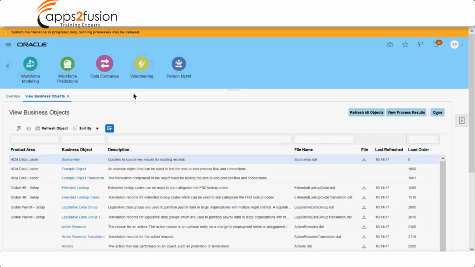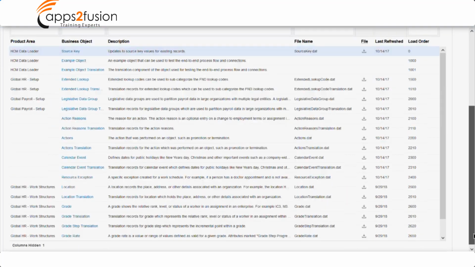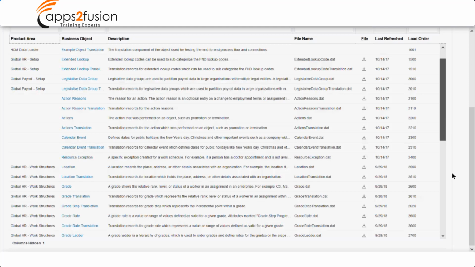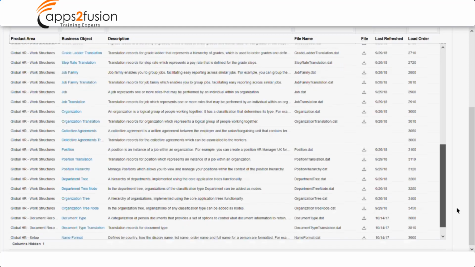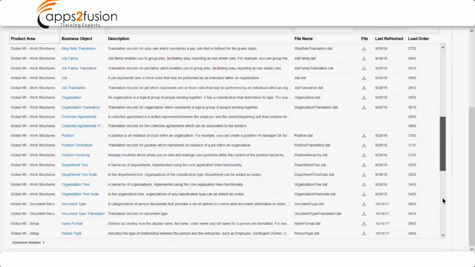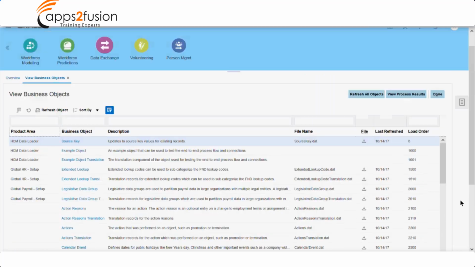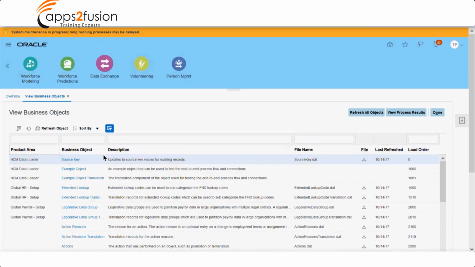So I clicked on View Business Objects, and you can see there are so many business objects available in the HDL. I'll go into detail on how to use View Business Objects. This is the first step: using this, how to generate the sample file, and how to make use of that sample file to do our migration.